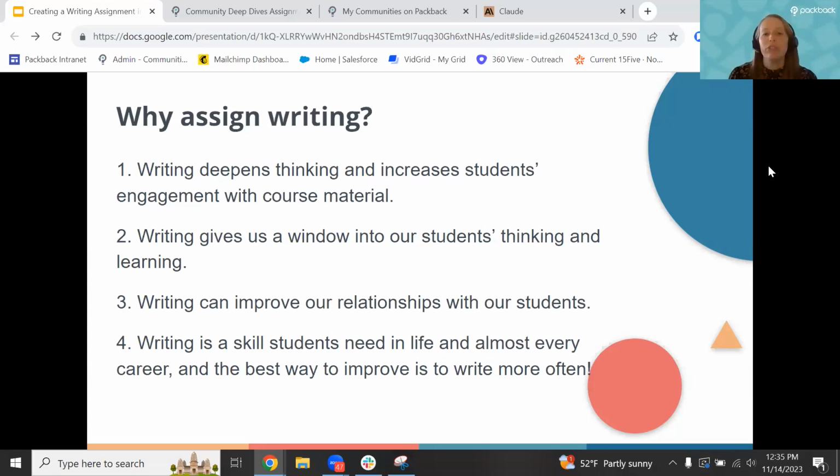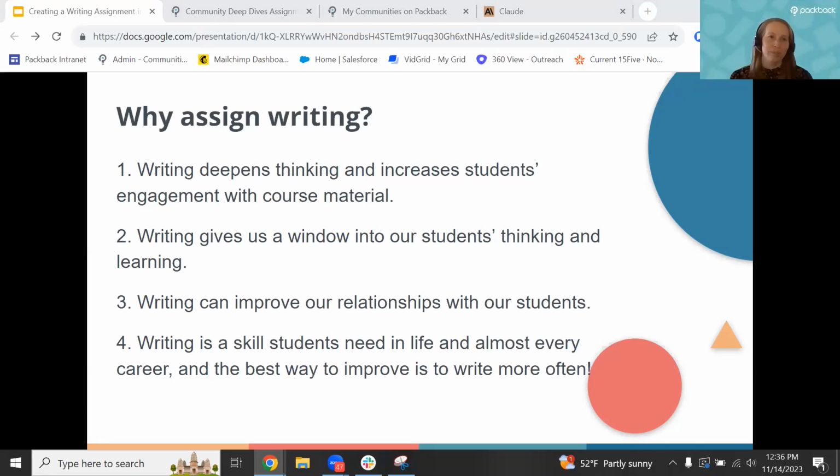So some other reasons you would want to assign it though, because you might be thinking, oh, if I assign it, that means I have to grade it, or I have very little time to explain this or talk about it in class, but it's something that's really worth doing. So I really want you all to consider, I'm sure you definitely are considering that you want to do a writing assignment, but keep in mind that there's a couple of reasons why you'd really want to consider it